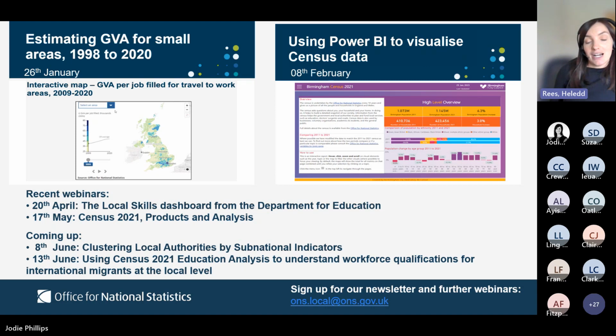You can also either get in touch with me or use that email address to provide us with any queries that you have or anything relating to your work on ONS data. But yeah, I can share my email address later on. And then on the next slide,